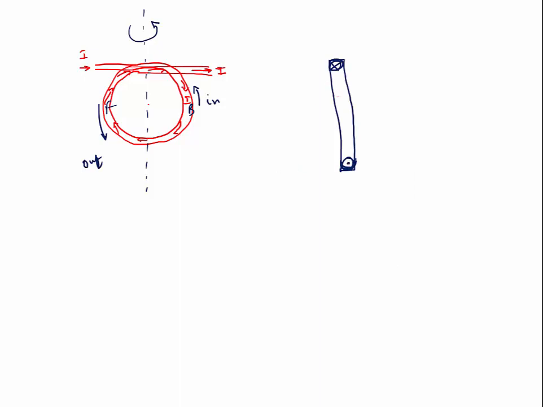And if I were to show the current in the front end of this, the current in the near end is going to be going up like that. And in the far end that's inside the page, the current will be going down. So I'll show that as a dotted arrow. Hopefully you see that representation. The current's going up in the loop cross section here, into the page at the top, down behind the screen, and out of the screen at the bottom. Okay, so that's how we represent it, because it becomes easier for us to talk about the direction of the